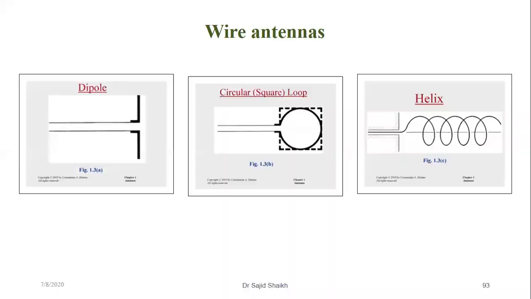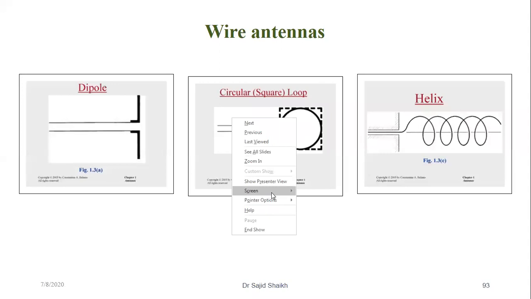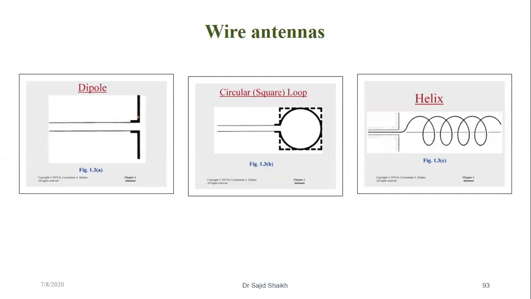antenna. So for the linear wire or dipole antenna, you can observe that we have a simple wire which is used as an antenna, and we know the basic principle of radiation. Okay, so if some amount of current is flowing through these wires, then it will radiate energy. But when we are talking about the types of wired antenna, in the first type the wire is straight. Okay, so that's why we call this antenna a dipole antenna.